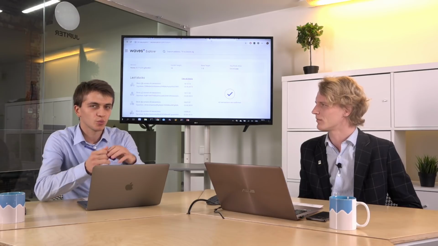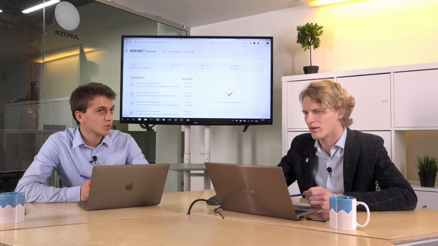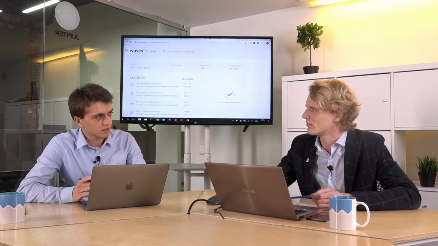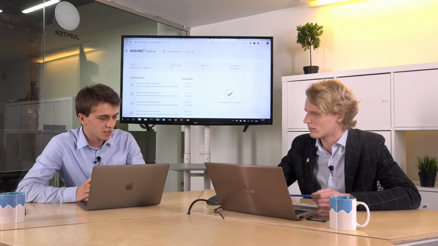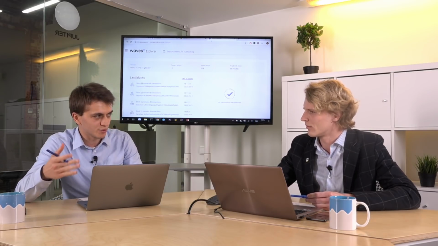Okay, so we introduced the first version of Ride about 7 months ago, in September, as far as I remember. Mainnet was September. The testnet release was way before, but mainnet was September. So we had Ride on mainnet since September, and now we have updated it. We'll go to Ride for D apps a little bit later.